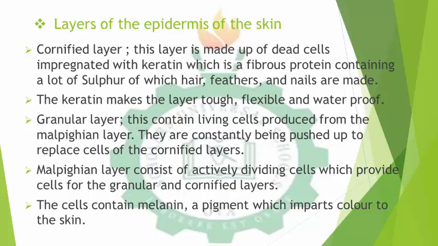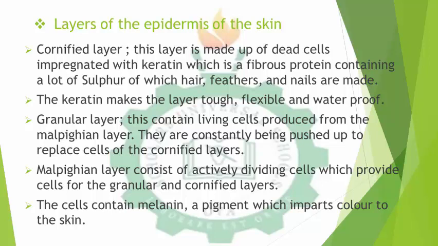But instead of that, the granular layer is made up of living cells produced from the third layer, which is the Malpighian layer. So they are constantly being pushed up to replace cells of the Cornified layer. So what they do is that they gradually move to the upper layer. Those cells also come from the third layer. Then the third layer, which is the Malpighian layer, consists of actively dividing cells, which provide cells for the granular